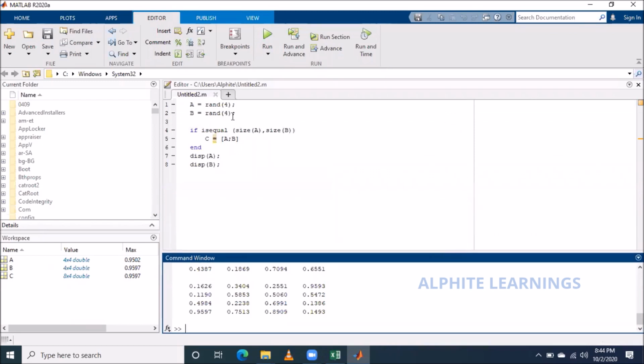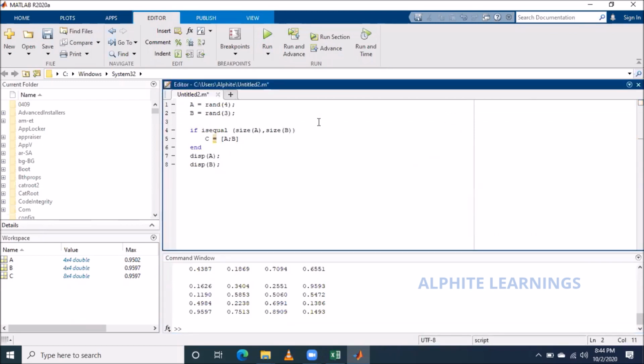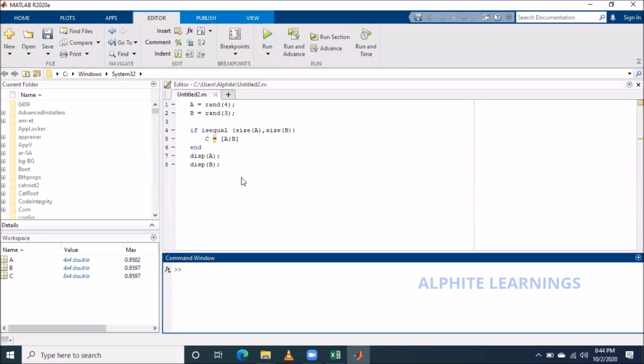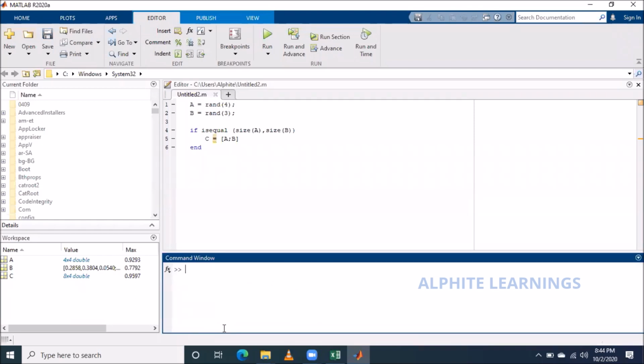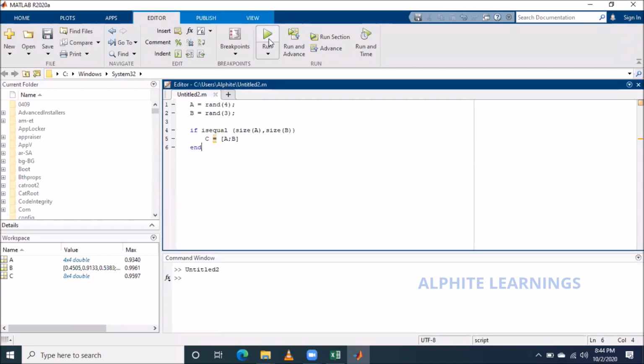Suppose both sides are not equal. Now it is not equal, no? So I'll just clear this off, clc. I'll just run this. I don't want to display my things. Since both are not equal, when I run, I'm not getting any output, because only if these are equal should I get an output. If both are not equal, I didn't mention anything, so MATLAB is also not giving me anything, right? So I'm going to use another term called else.